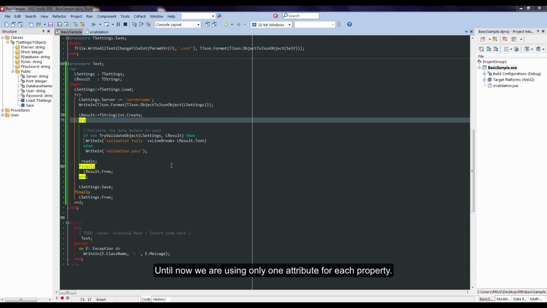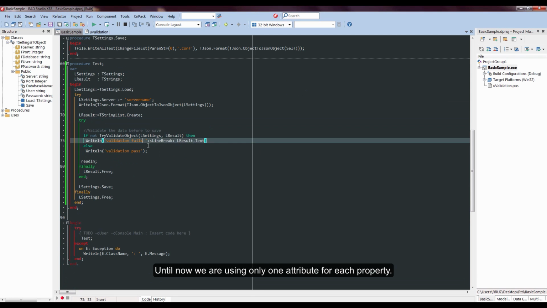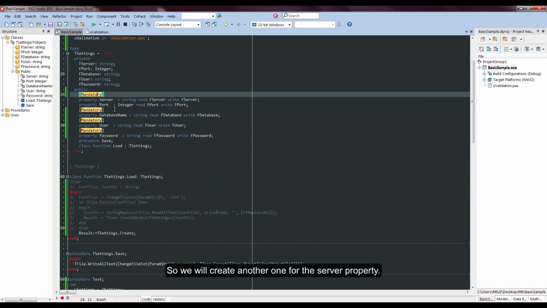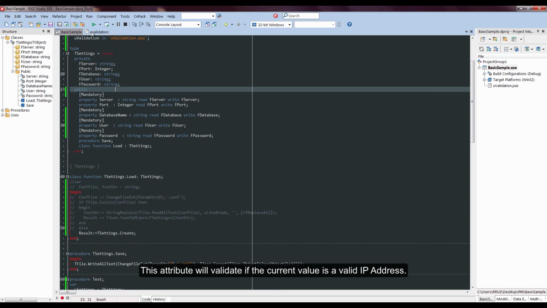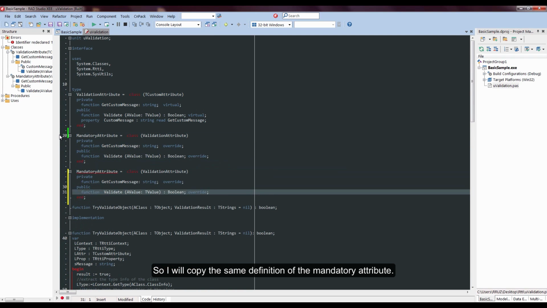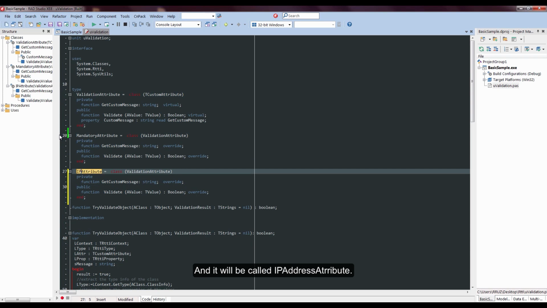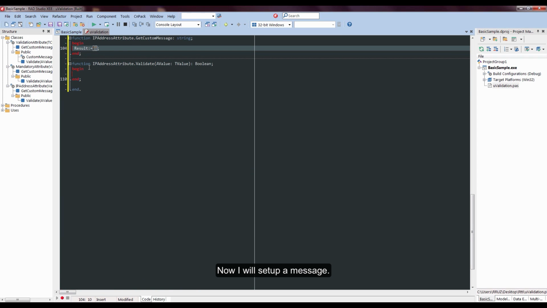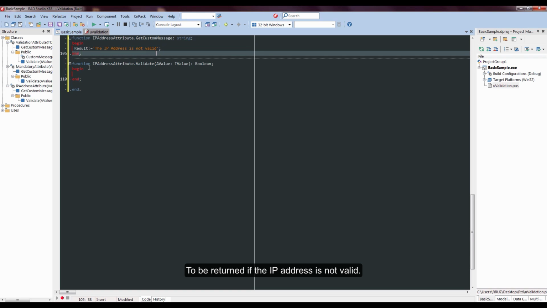Until now we are using only one attribute for each property, so we will create another one for the server property. This attribute will validate that the current value is a valid IP address, so I will copy the same definition of the mandatory attribute, and it will be called IP address attribute. Now I will set up a message to be returned if the IP address is not valid,